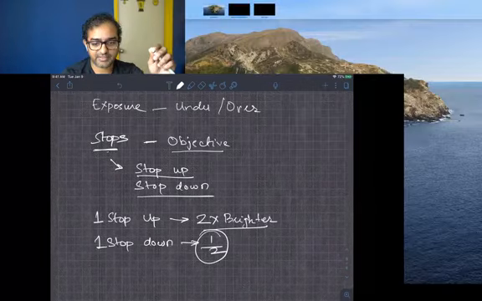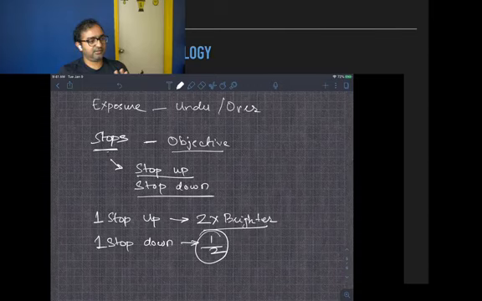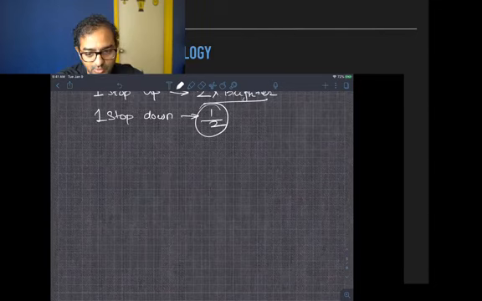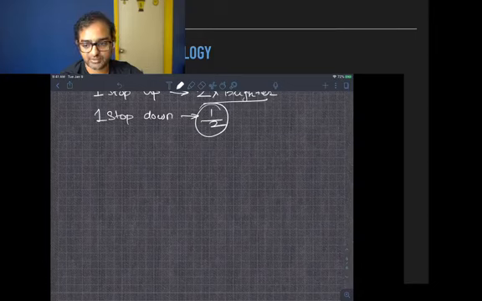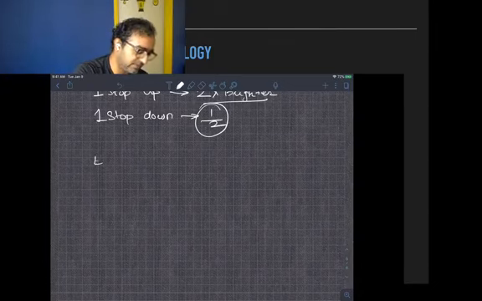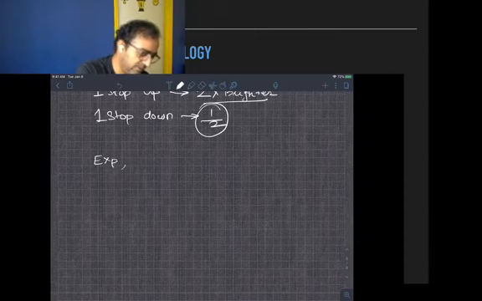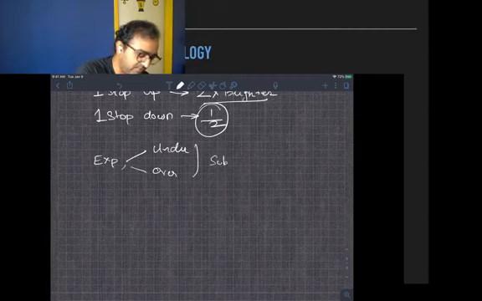So these are the ideas of stops, and these are the ideas of overexposure and underexposure. So let's go again. The reason why I'm belaboring this point, going over this again and again, is because these are really important terms. These are terms we use to communicate to each other all the time, so it's important that we get these terms right. Again, it's exposure, and exposure can be under and over. Both these terms are subjective.